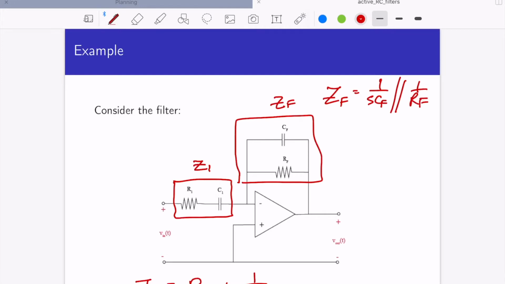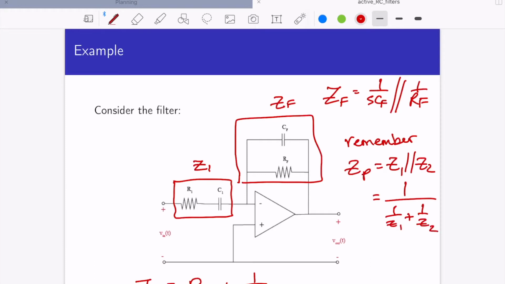Just like we did with resistors, we can derive this. The rule is going to follow the same format. So, let me just write in general, remember, Z parallel of Z1 with Z2 will be equal to 1 over 1 over Z1 plus 1 over Z2. That's the parallel combination. So we can plug that in for Z. ZF in our case will be equal to 1 over SCF